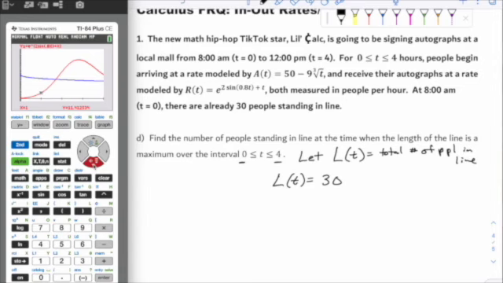You would be taking your initial amount that were there, 30, and adding on from 0 to whatever time you are curious about the total number of people that have arrived. Now watch this though. This is frequently a thing. Notice I used A of x minus how many people have received it. So minus R of x